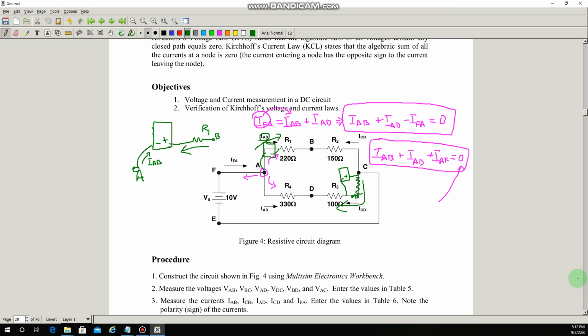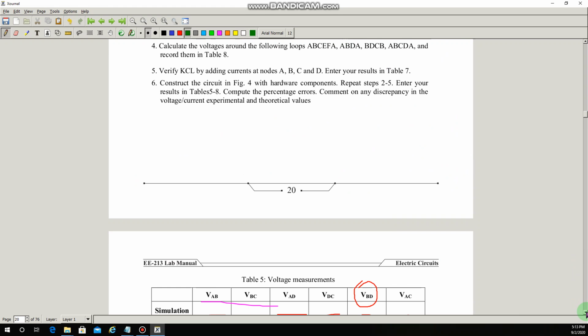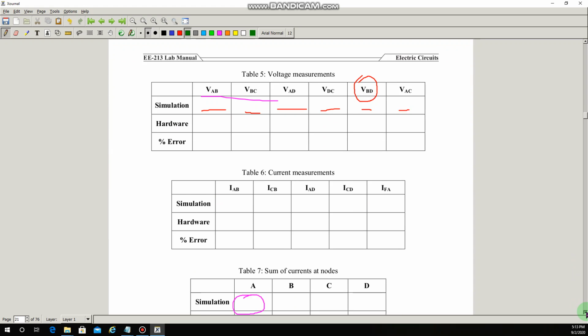Now let us say that you have measured the current ICD and you are asked to find IDC. Then do you need to measure it again? No, you don't have to measure it again, because since you have measured ICD, IDC will be simply the negative of that current. So for example, let us assume that ICD is minus 10 amperes. If ICD is minus 10 amperes, then IDC would be simply 10 amperes. Okay, so please keep that in mind. So this is the benefit of following this notation, and we need to understand this notation properly.